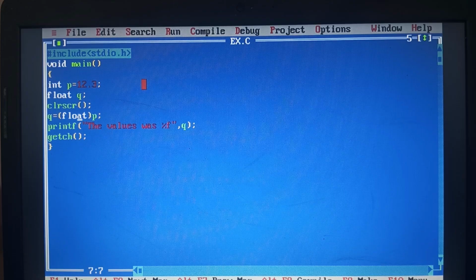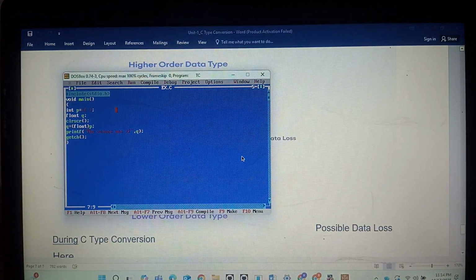Okay, so our main concept is typecasting. Using this casting operator I am converting the integer variable p to the float. That's one. So that is all about type conversion and typecasting. Now we'll see about the selection statements or decision statements